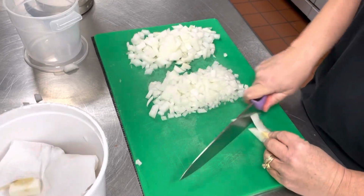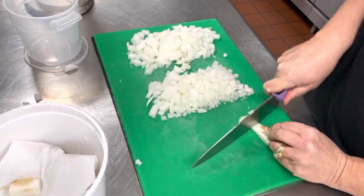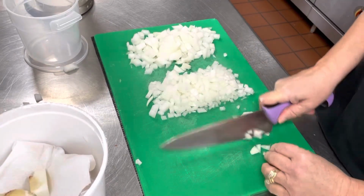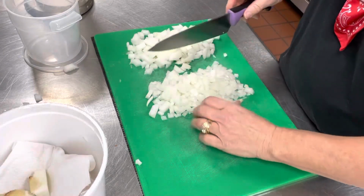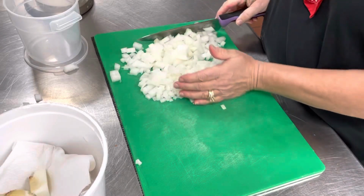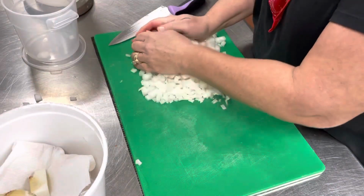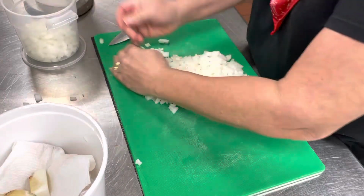So I'm going to finish cutting up the rest of the onion, wasting as little as possible. Food cost is a huge issue here, and we just don't want to waste food. That little bitty bit that you waste each time you do an onion will add up in your food cost. So there you have it, a diced onion. And I'm going to take my diced onion, I'm going to store it